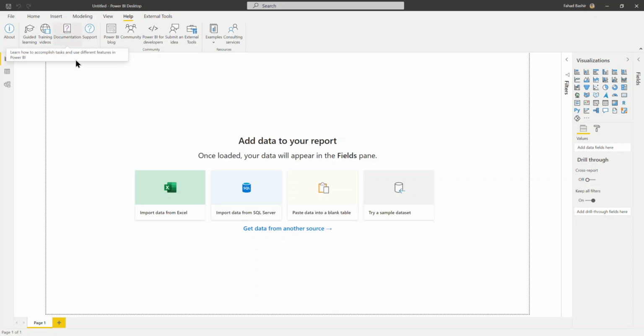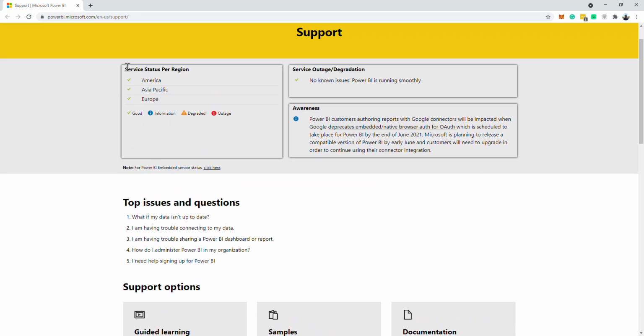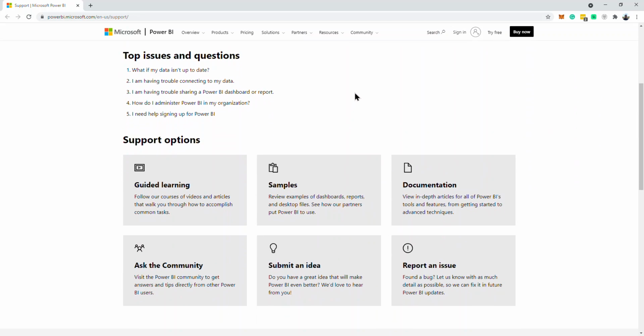So when you open up Power BI desktop, you can go to the help menu, and under the help menu there is a support option. You can click on that, and once you click on it, it will open up the support page, where on top it mentions whether there is a service outage or degradation, or some outage related to a status. So that is one thing, and the other thing is about the top issues and questions